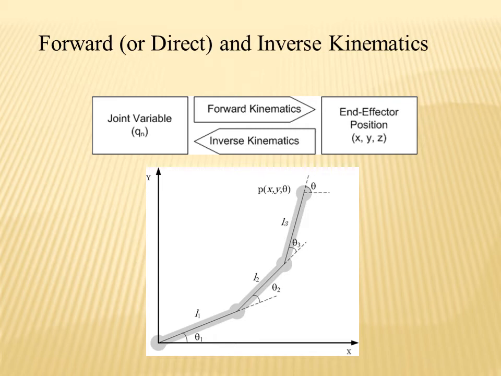Since you know the x1 coordinate and y1 coordinate, you just take the positive or negative sign. We can take this distance further, the horizontal distance. If you project it, you can find x2 equals x1 plus L2 cos theta 2, and its vertical distance is y2 equals y1 plus L2 sin theta 2, and so on. You can find further x3 and y3 and so on. If there are a number of links, you can finally find the position of the last link in space. This is known as forward kinematics.